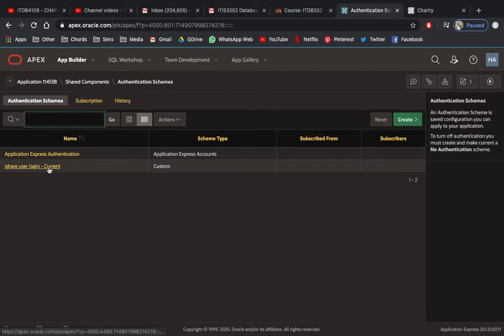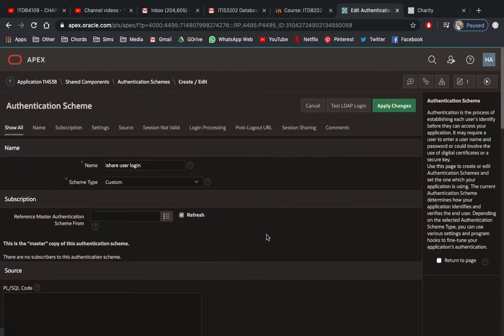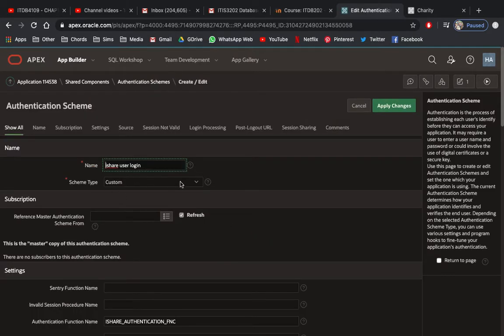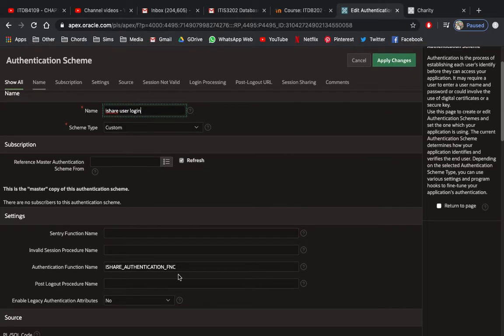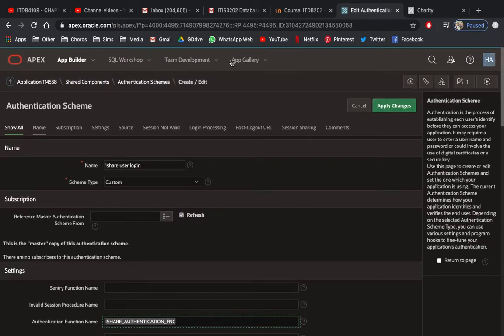Let me open up this iShare user login, with the scheme as custom. I just named that one for your information, and then we authenticate the function name based on the PL/SQL function that we have created in your object browser. And then once you apply this and make it the current authentication,